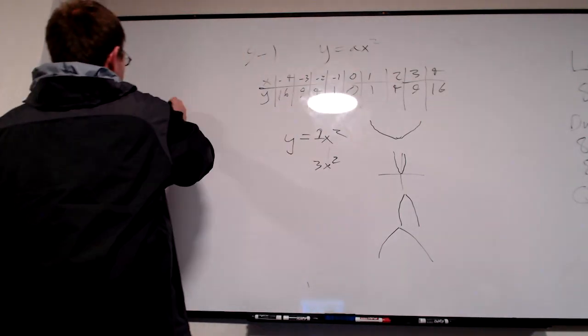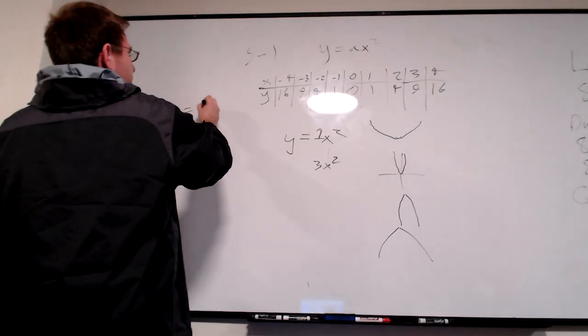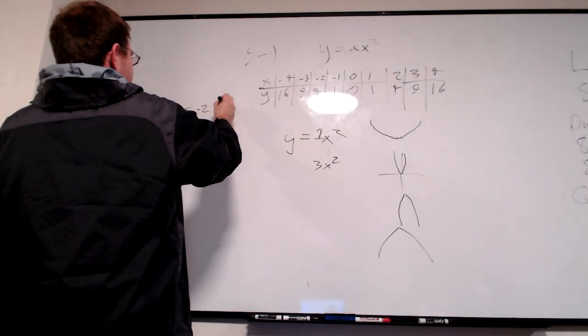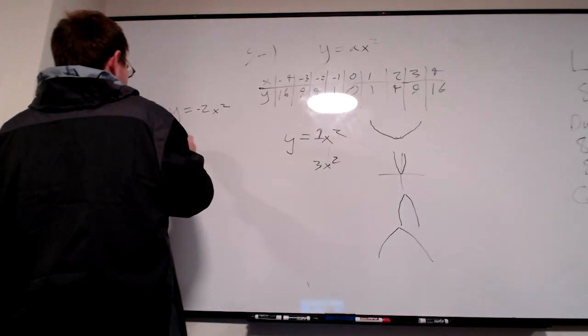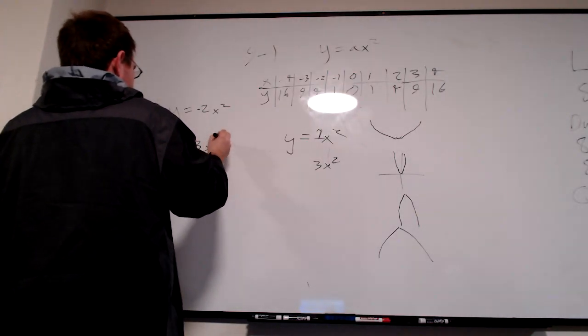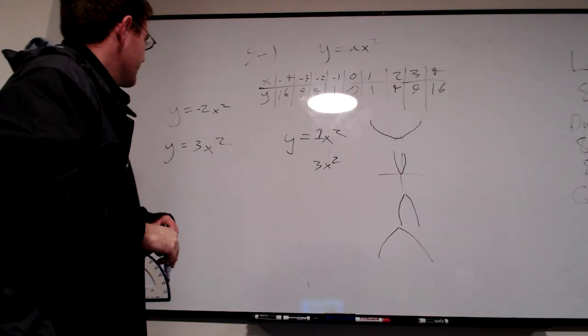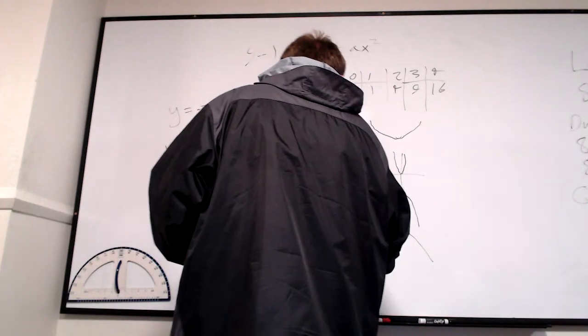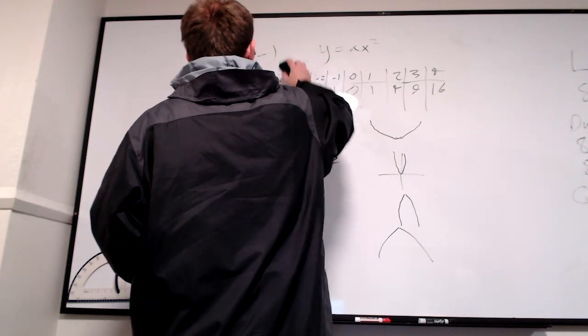Do one for y equals 2 -2x squared and y equals 3x squared. So show them over on the side what you want them to do. So what I want you to do is